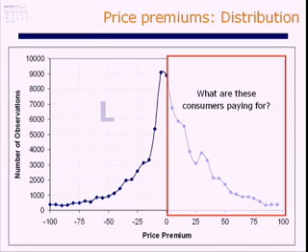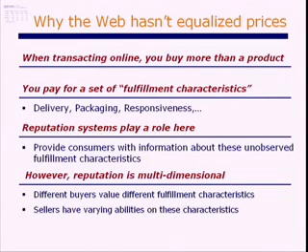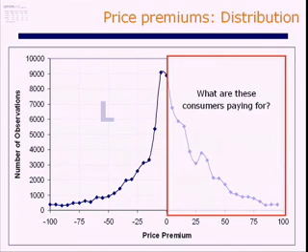So one might wonder, what are these consumers paying for? I mean, consumers are rational to some extent. They're being presented with a set of competing alternatives for an identical product on the same retailing platform. There's got to be something that they're paying these sellers a premium for. One could even ask why they didn't buy the one on the extreme left. I mean, the red rectangle around everything except the extreme left. Well, not really, because these are cases in which the seller who successfully sold the product had a higher price than one or more of his competitors.